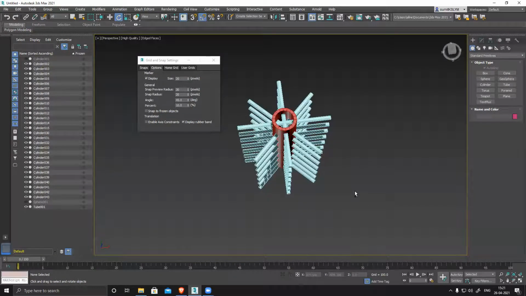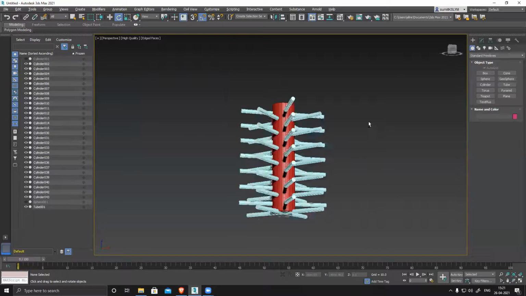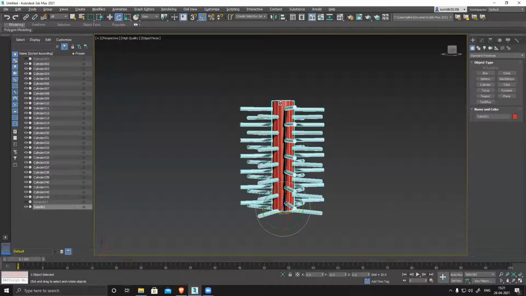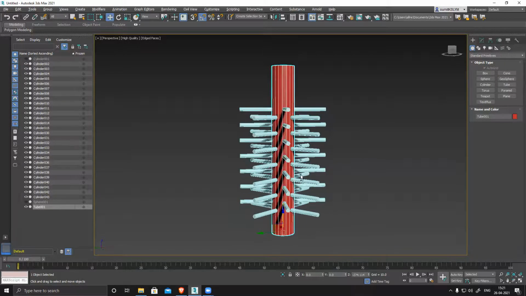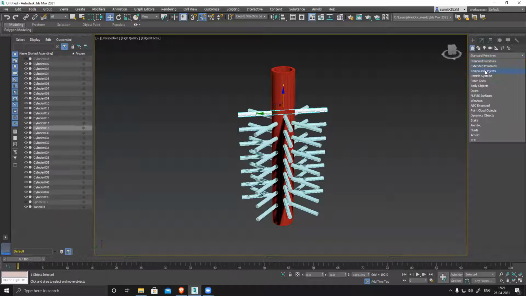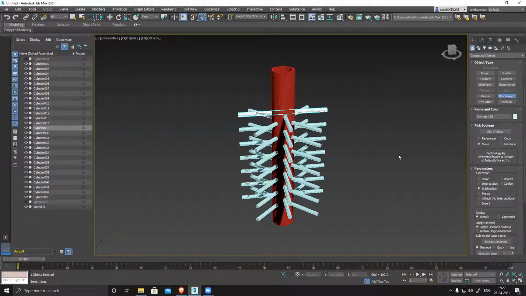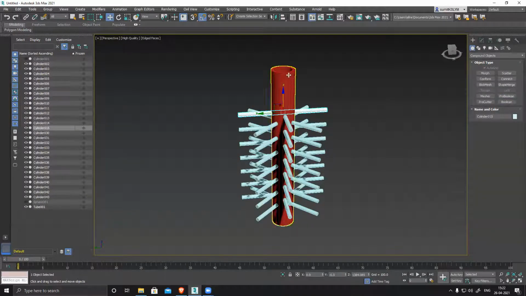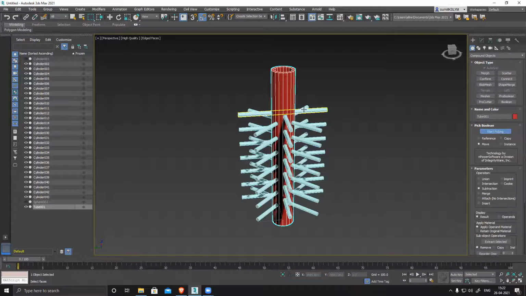So now I want to create these holes in this section, and make sure it's intersecting nicely. Now, if I want, I can attach all of them together. So I need to edit poly this, or I can just select manually also, one by one. Compound object, ProBoolean, subtract, start picking. Oh, my bad. I have to select the main tube, then ProBoolean, start picking.